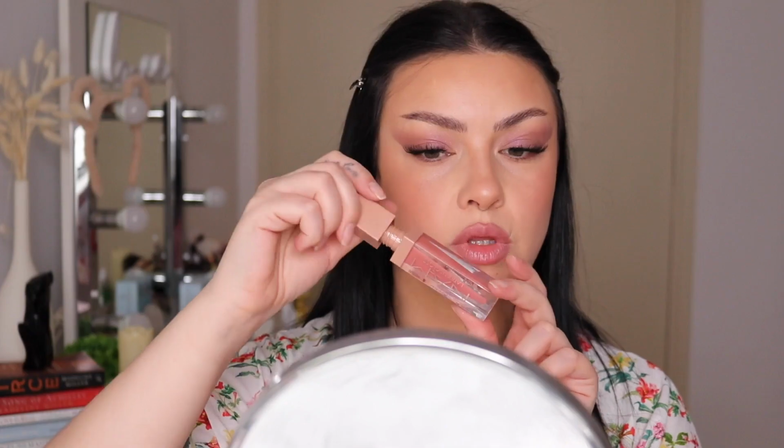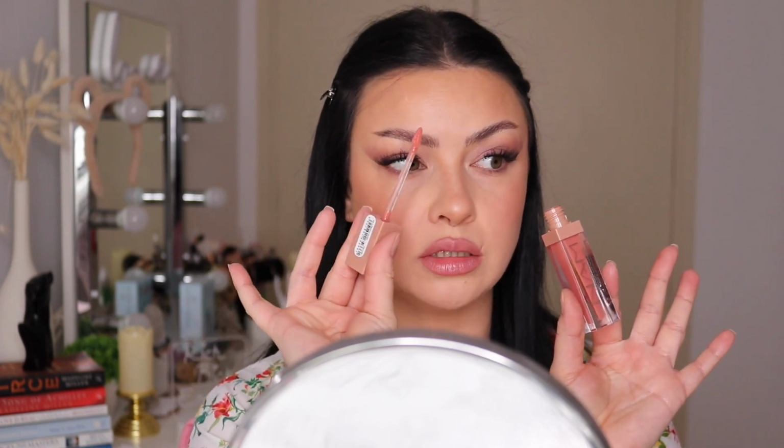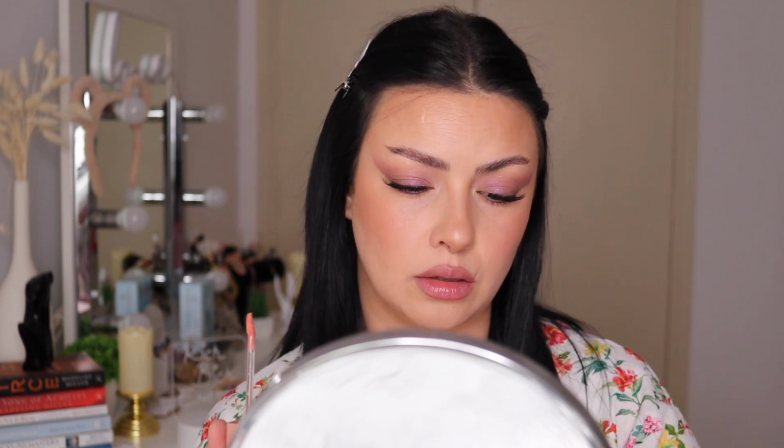Okay, nice. And for the gloss, I'm going to use this one. It's by the brand NAM. I bought this pretty recently, and I don't know why, but I'm not really a fan of it. I do like the packaging, the applicator. It smells so yummy. And also it has that minty tingling in there. I don't know if this is plumping or not, but it says latex lip gloss. I like the shade, but somehow it's not my favorite. I don't know why. Okay, now I know why I don't like this lip gloss. It's because it gets so